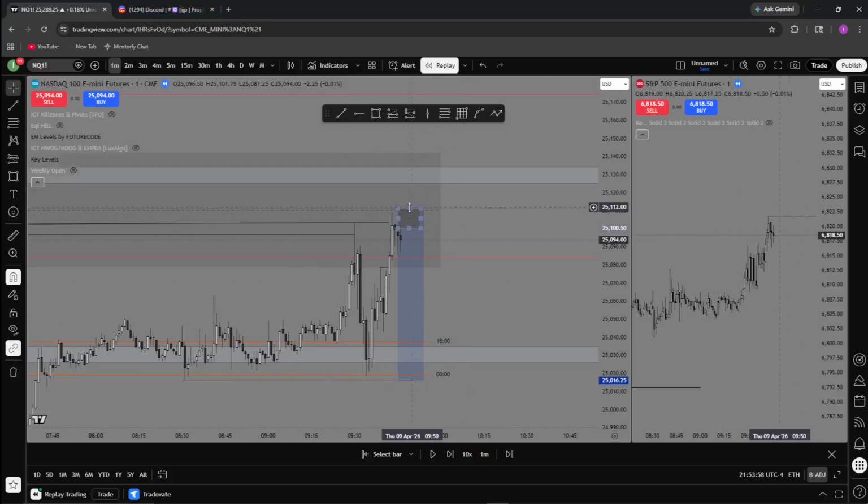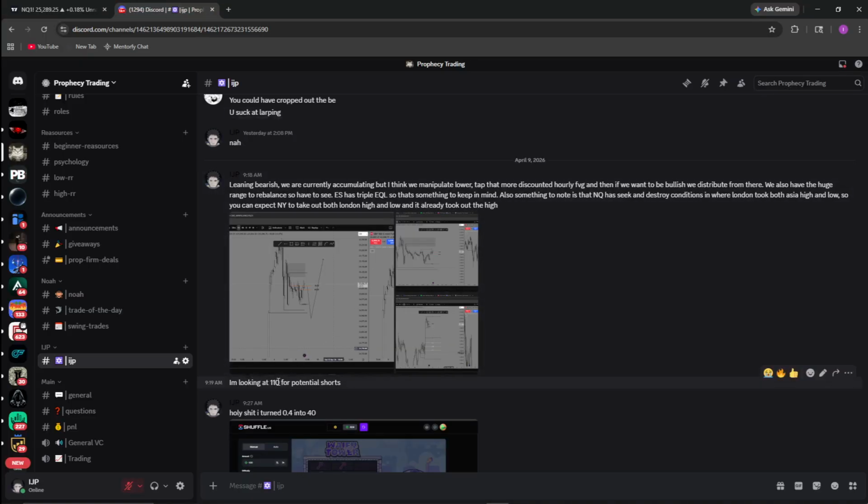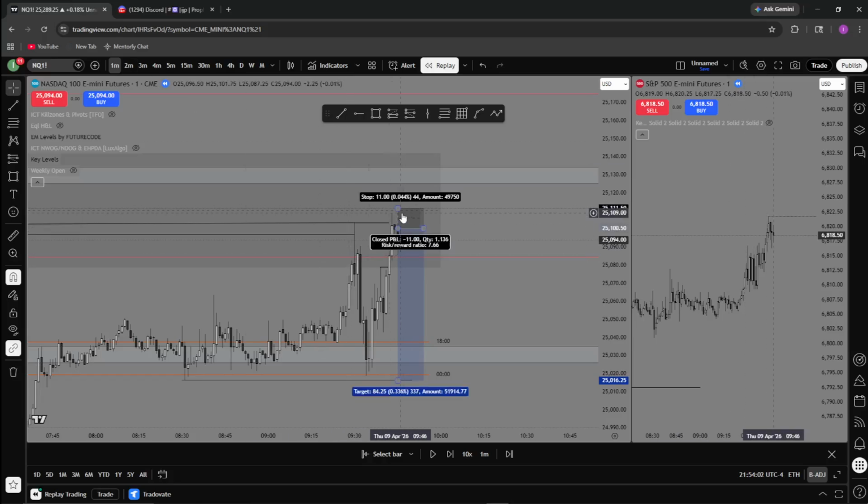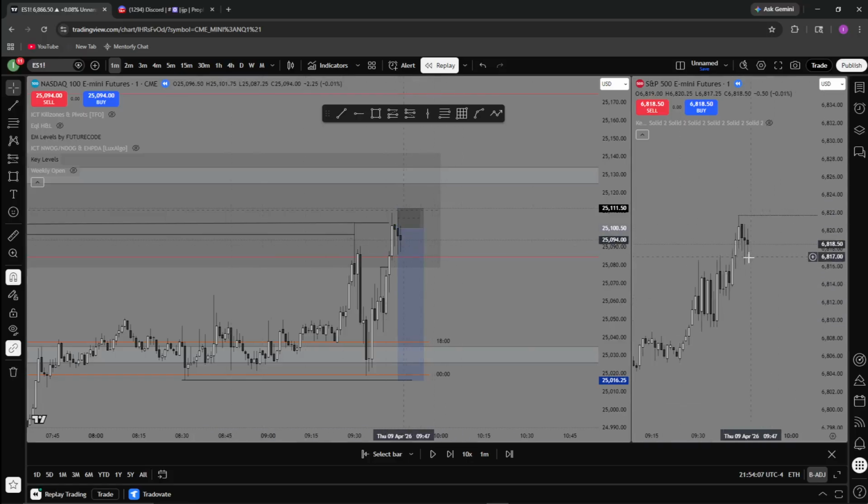110 is a level that I was looking at pre-market. I ended up tapping it, and there was a resweep of this high, and we also had an internal SMT there, and we get a 1 minute RV entry trigger.